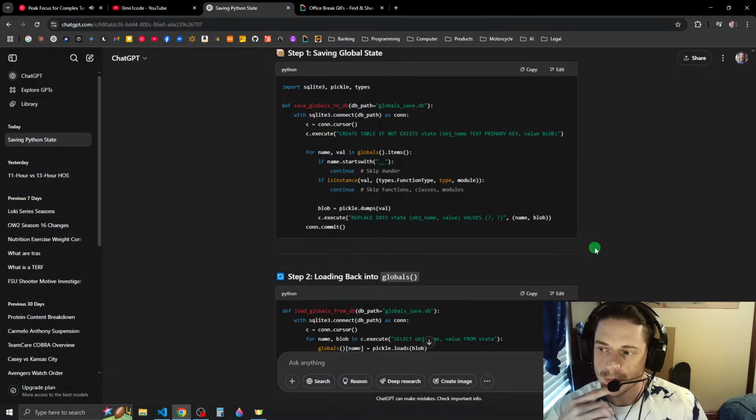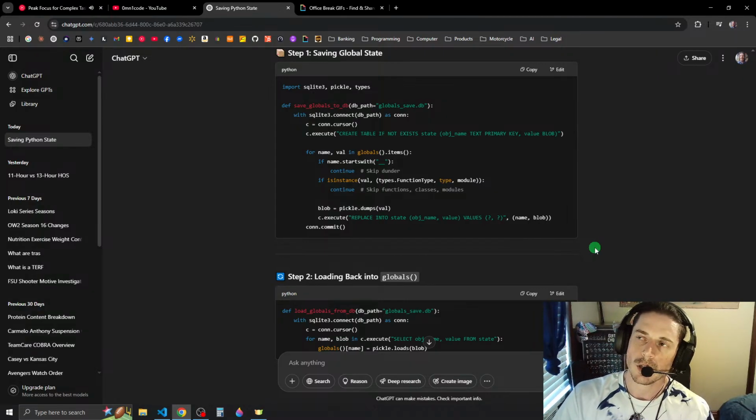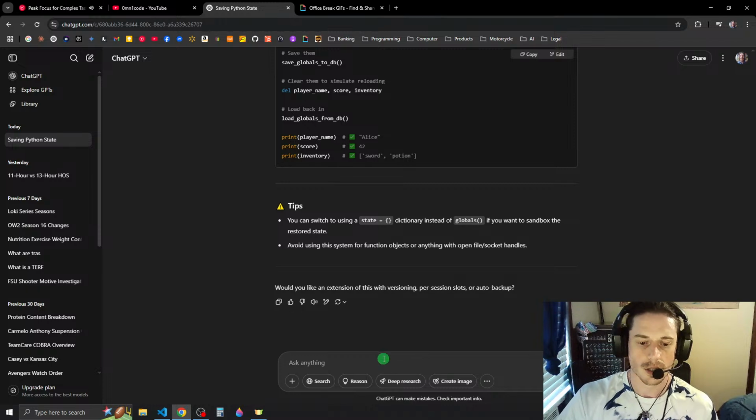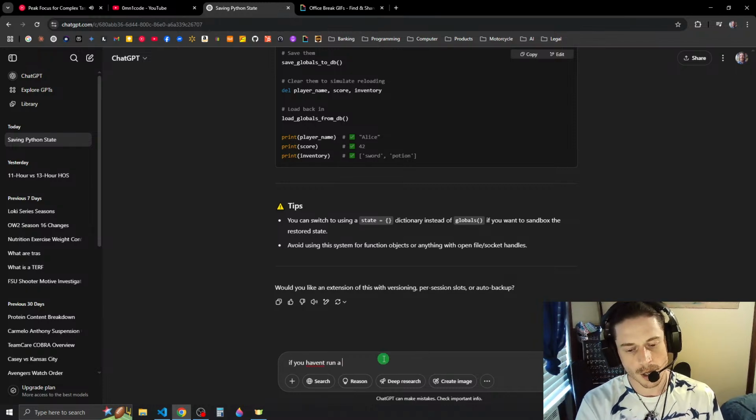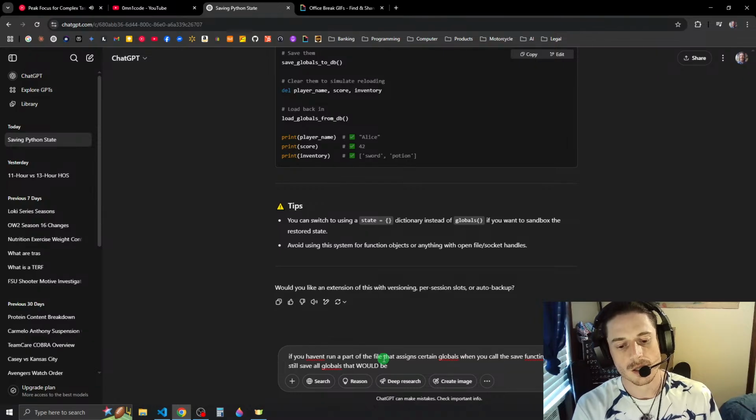Using that system, if you haven't run a part of the file that assigns certain globals when you call the save function, will it still save all globals that would be assigned, or only those that have been executed?